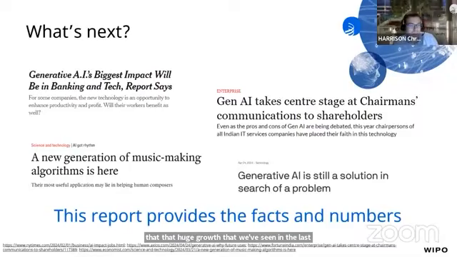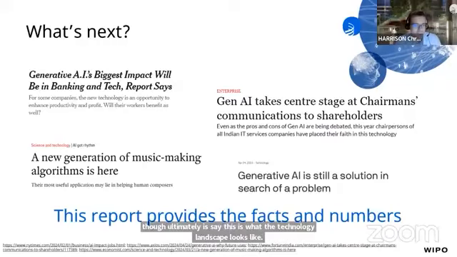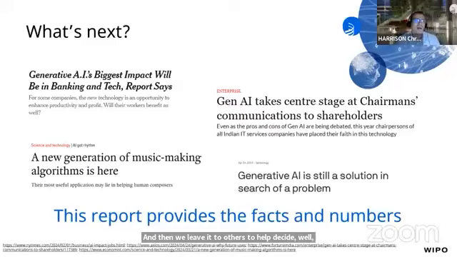We're seeing similar growth when we look at the incomplete 2024 data as well, with similar levels of continued growth in both scientific publications and patents. So this is expected to continue to grow, and this is ultimately, I think, just the start. What we're trying to do is say this is what the technology landscape looks like, and then we leave it to others to help decide what this means, and how it can support the decisions